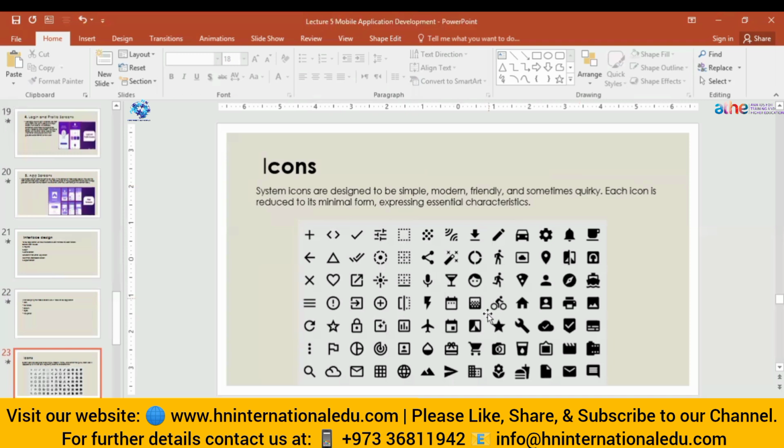Okay, so these are the different types of icons which we can use in the application, and these are common options. Even if nothing is mentioned on these options, like this is forward, this is forward, from the option we can understand what it means. So for example, this could be for Wi-Fi, this option is for download, this pencil button icon is for editing, this is for settings, this is for location, this is for profile,